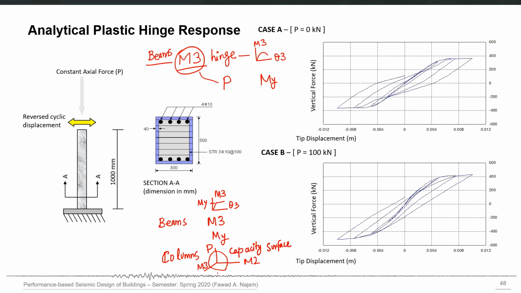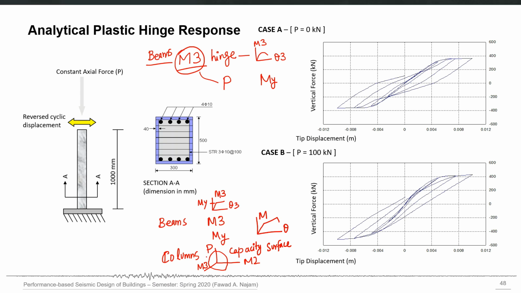This is one difference. And the second difference is that the M theta curve for a column will not be a unique curve, unlike beams, because for beams we have just one fixed M theta curve, M3 theta 3, and that was enough to define nonlinearity in the primary direction of the beam. A beam can bend only in one direction, or this is our concern, that M3 and theta 3 were our degrees of freedom.